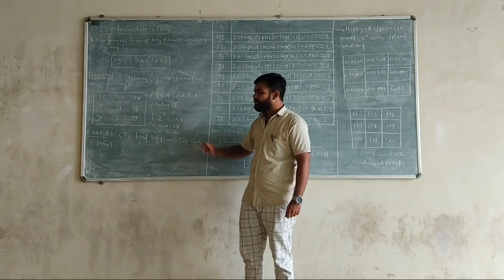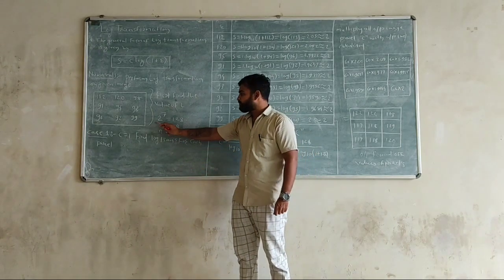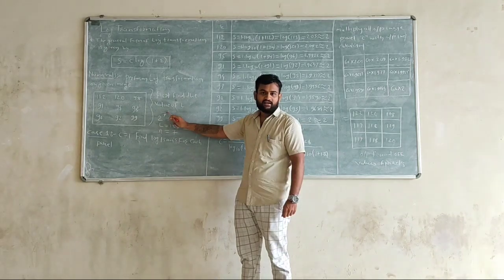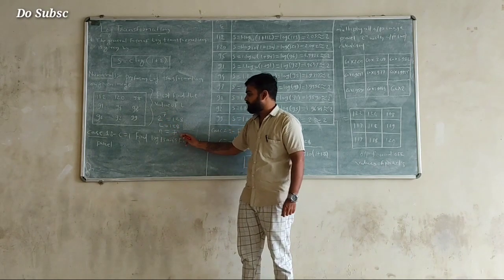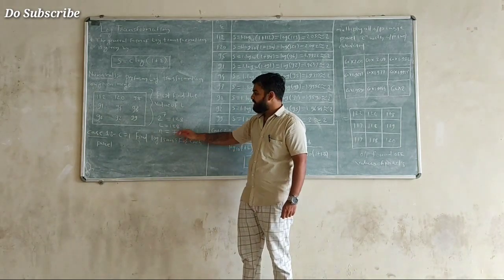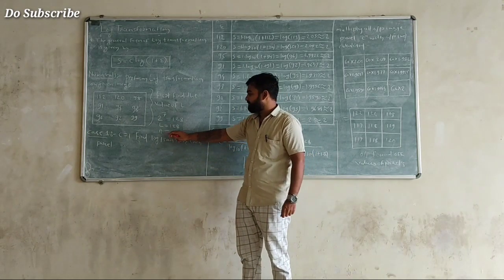Now how have we formulated 128? It is 2 raised to the power 7, so 7 possibilities are there. What it means is that 7 is going to be the value of N. So we have found the value of L and the value of N.